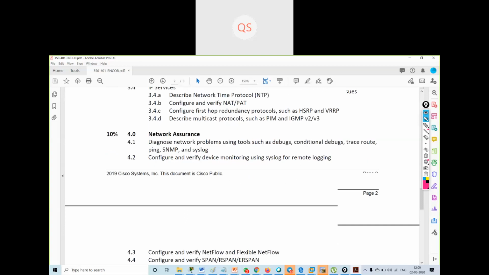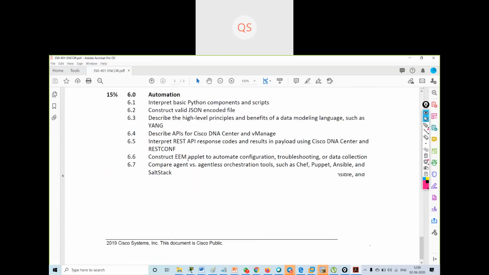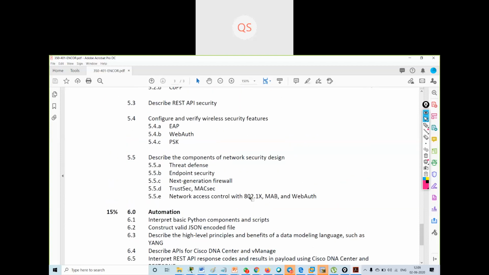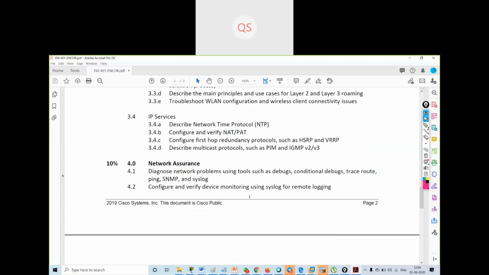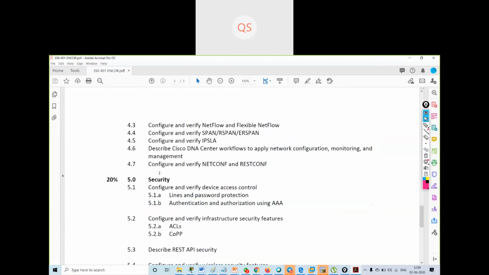So the new things in the syllabus, that is the automation part and wireless, I will try my best to go in depth. But as you know these are new things, so people in the network environment also do not know much about them. Wireless is not new, but some concepts of wireless are new. So I will try my best in automation.